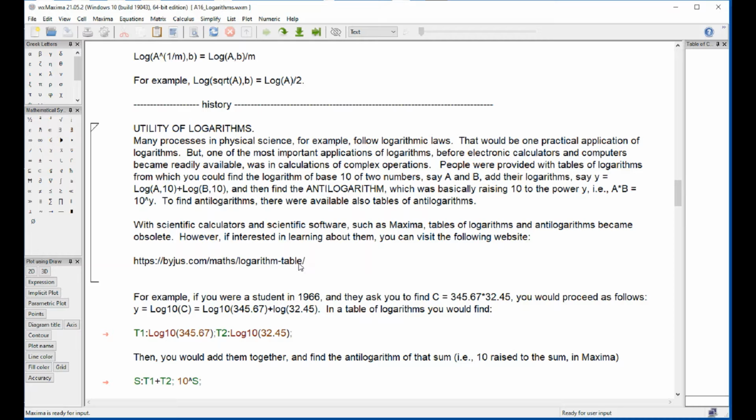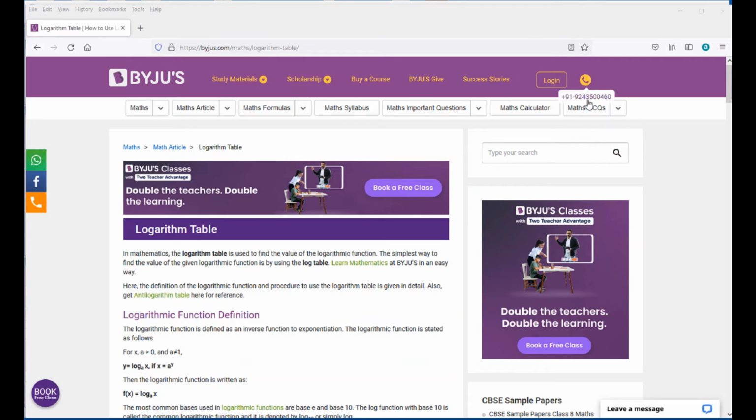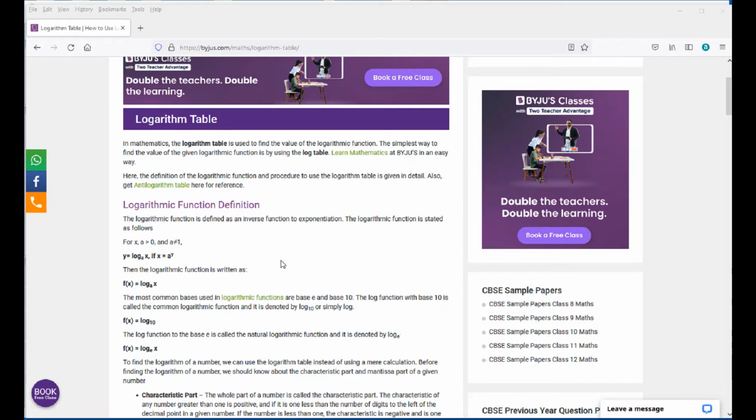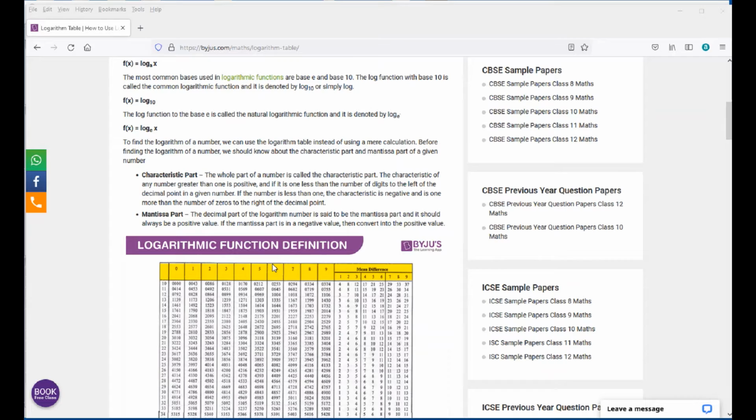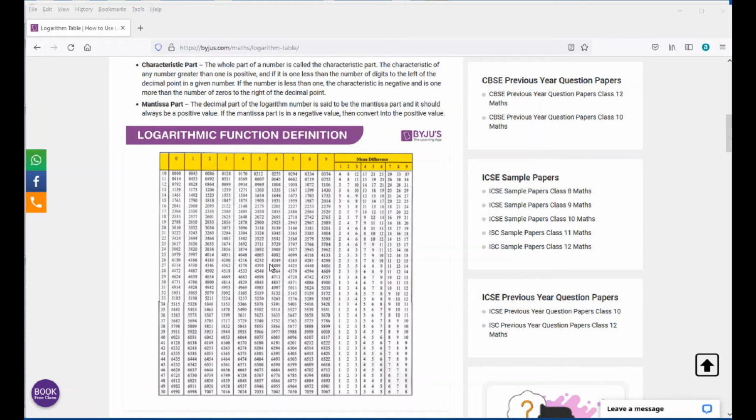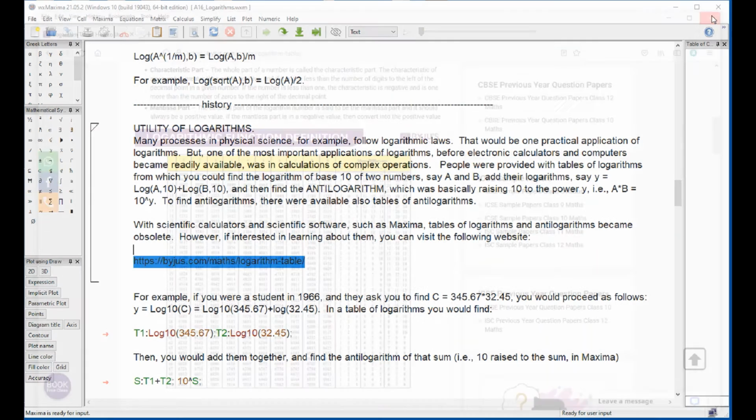And if you want to find a table of logarithm, you can go to this website. I'm going to pause. And in this website, we find definition of logarithms, and then we have a table of logarithms right there. And so if you were looking for something like 2.13, you will go 21, 3, and there's something called a mantissa, and you will dig that out and use it in multiplications and so on. So going back to our document,